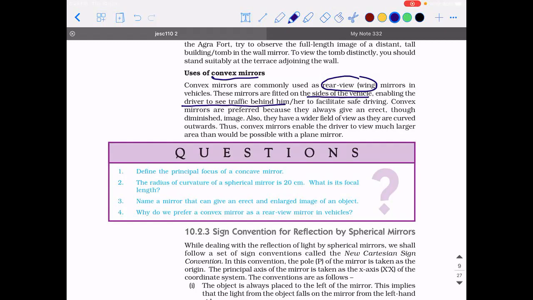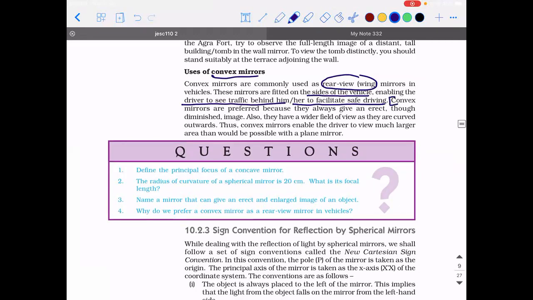But when it comes to the mirror, you can see the whole size of the bus in it. And why is it happening? Because they're using convex mirrors there, which have the property of forming a virtual and erect image. If you see, the bus is not upside down. If the bus is coming towards you, you will see it actually coming towards you. You don't see it upside down, right? So it is a virtual image, because virtual images only can be erect in nature. So you have a virtual and erect image, and at the same time it is diminished. So this is the reason why a convex mirror is used to enable the safe driving process.